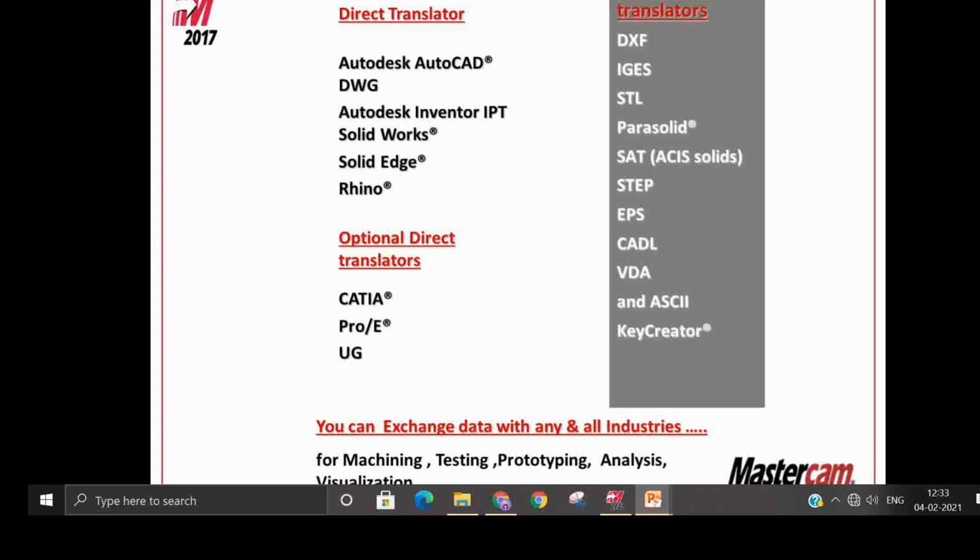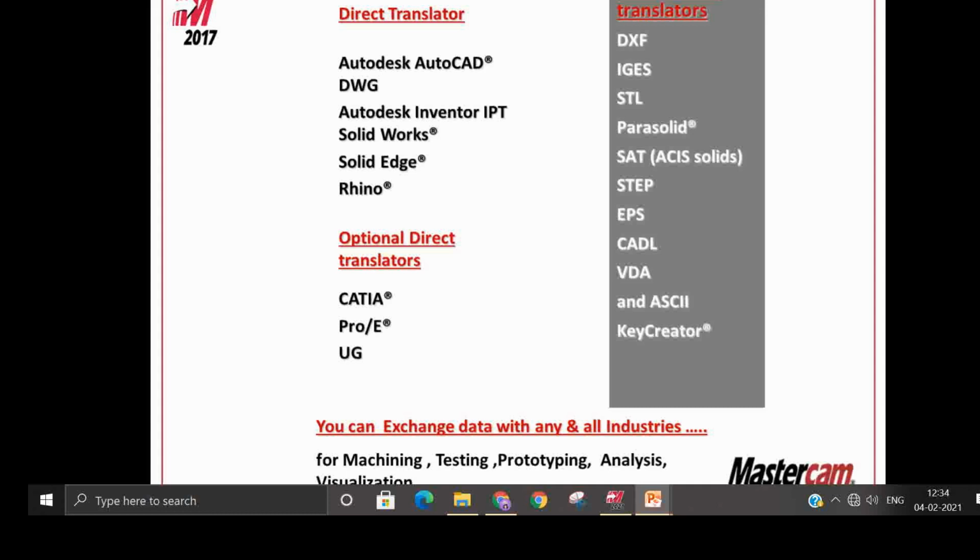So the data from these softwares you can bring directly inside Mastercam. See, both software's base kernel is Parasolid. So AutoCAD file, Autodesk Inventor file, SolidWorks file, Solid Edge file, and Rhino file you can bring directly inside Mastercam. So it is called the direct translator.